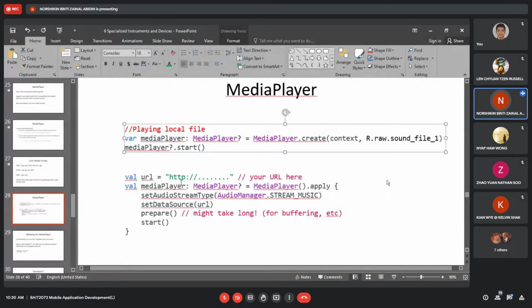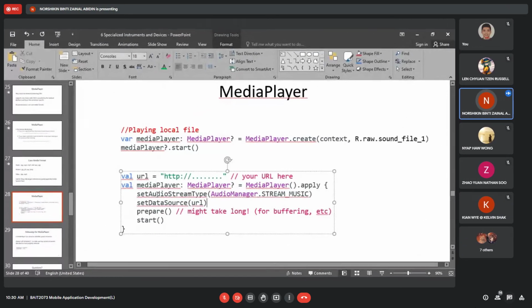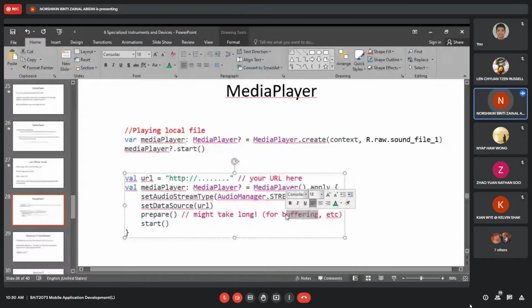Okay, so this is the link, the location. Media player, set audio stream type: what is your stream type? Now you want to stream for music. Then the data source, the URL, and then prepare. This one is for buffering, the buffering process.